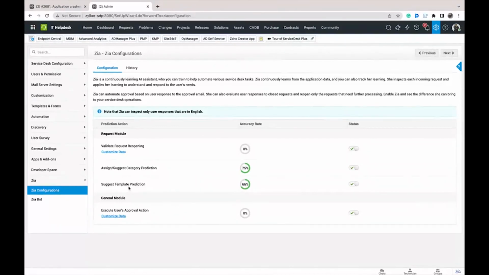And all these requests must have proper information. So you need at least 500 requests with proper category assigned. Based on that, Zia will understand how to suggest categories for upcoming requests. And the same goes for templates. Template prediction is applicable only for default templates, not if a specific template is selected